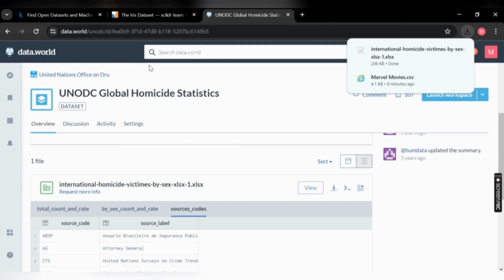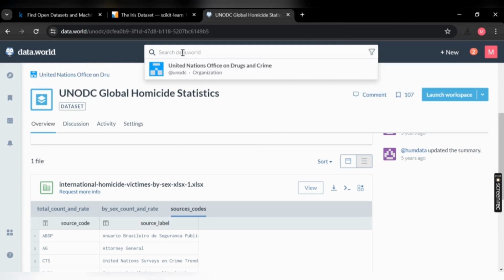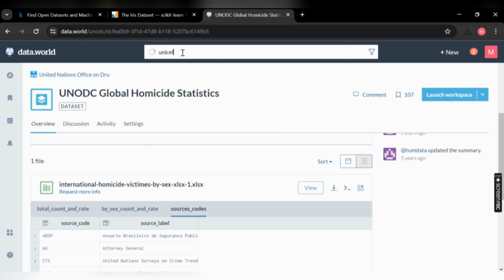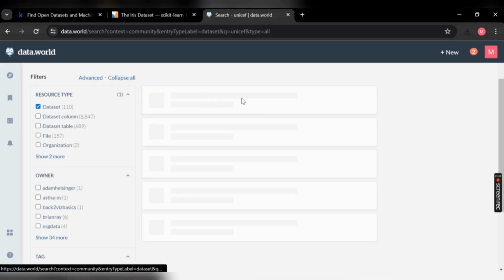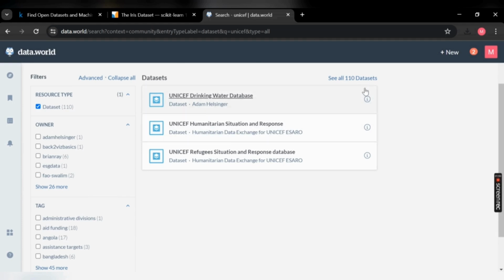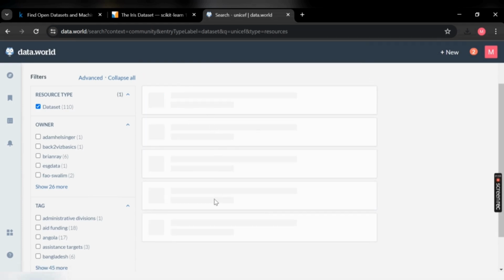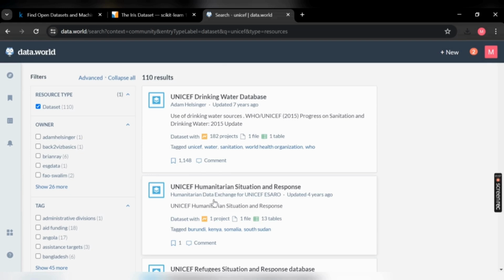Going ahead, if I want to search something new, I just have to write it in my search space. So I'm typing UNICEF to see what datasets I'm getting. As you can see, I received 110 datasets, from which the first one is the UNICEF drinking water database. Below the dataset there is an option of projects. It says that there are 182 projects related to it, published in Data World. So you can directly go there,